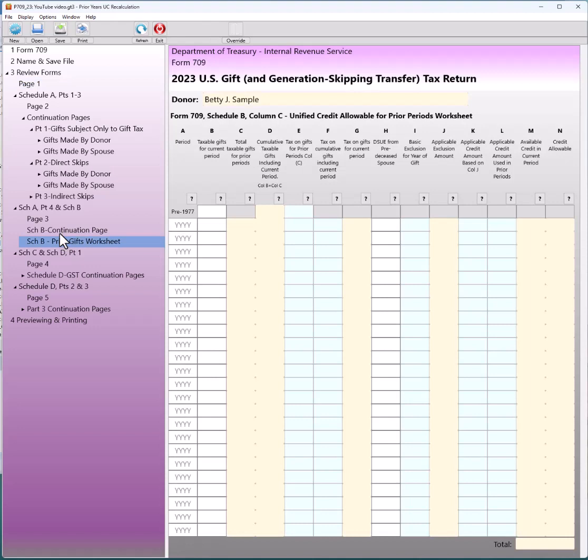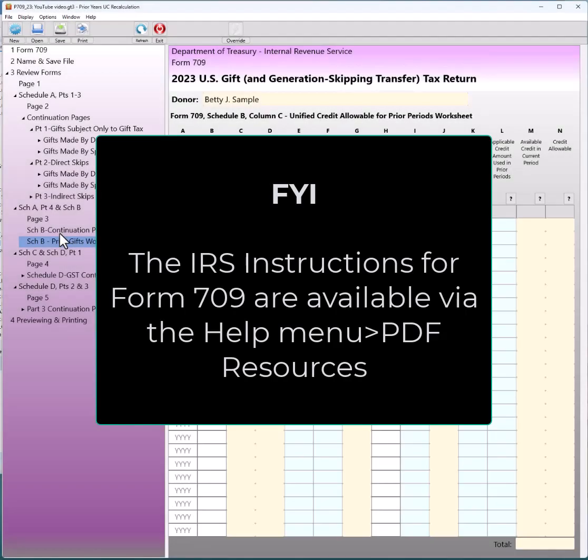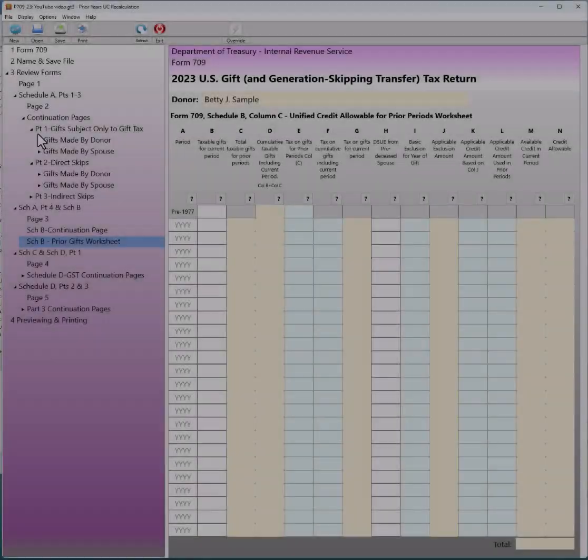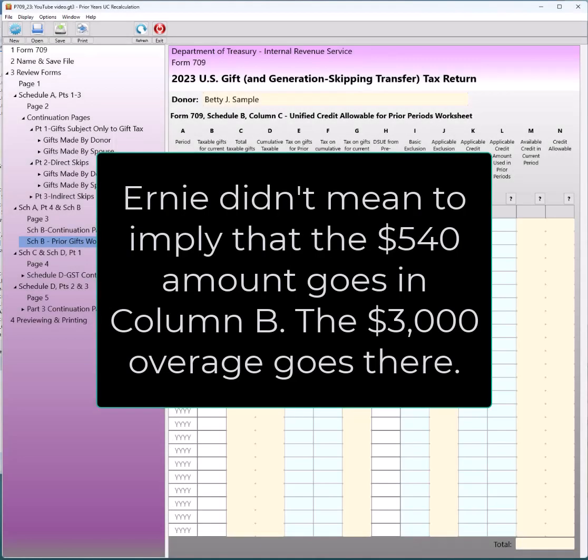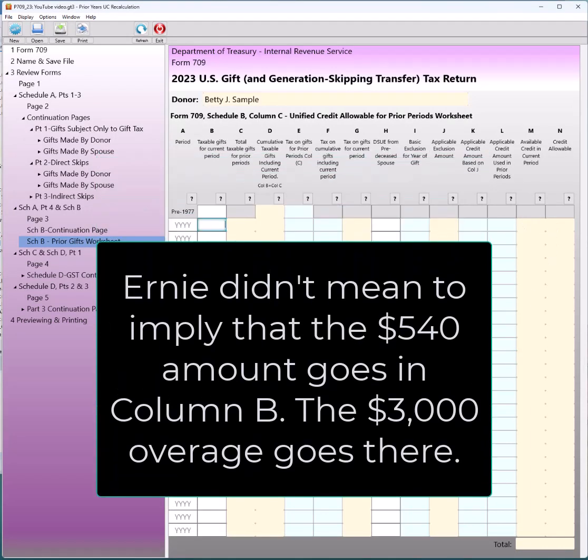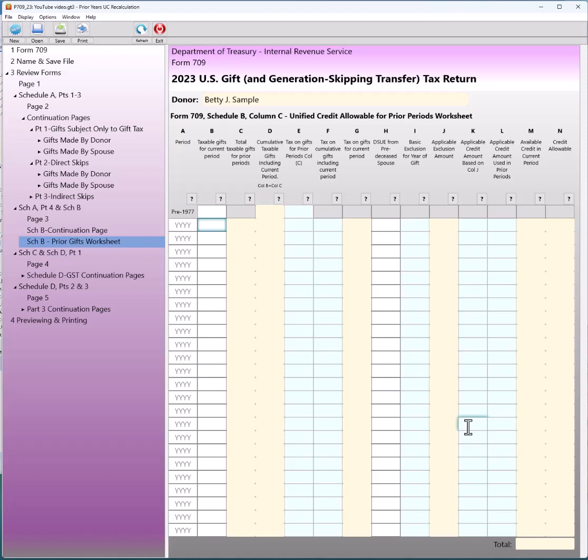That is a big chart that you can use to keep track. This is not a software thing. This is right in your IRS instruction manual. You were talking about the $540. That's what you would do. You'd put it right here in the year, $540, and that way you can keep track of it, because you get 13 million in your lifetime. There's no way of knowing if you go over that limit if you're not keeping track of the prior ones. So that's the reason for that whole thing. So that is where the 540 goes. Correct. In next year's return, we'll be putting 540 in there.